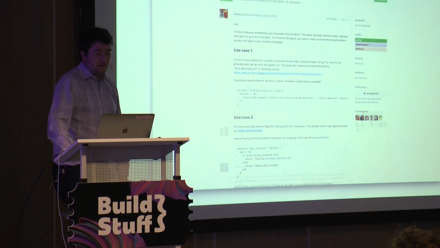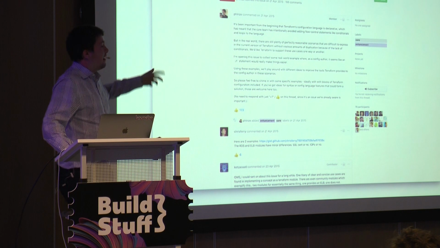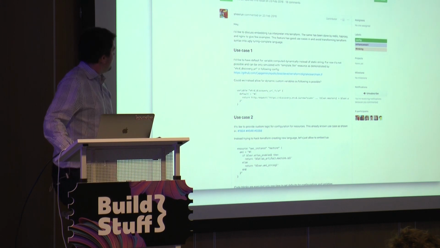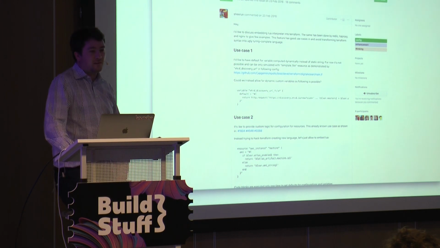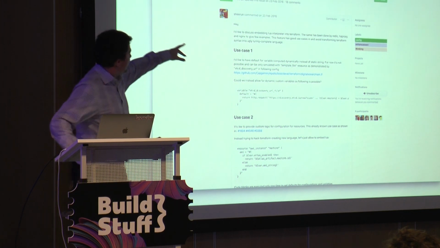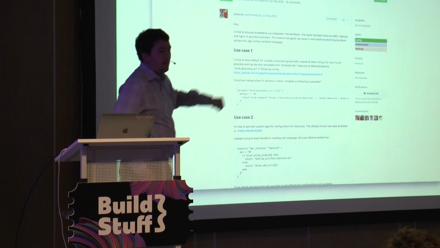This was another good one, so that was the simple one. That eventually got added, actually. Conditional logic got added. Loops are eventually being added to Terraform. This was a more esoteric one, to embed the Lua interpreter so that you could write Turing-complete templates. That one's still open, but it's tagged thinking, which probably means it's never going to happen.